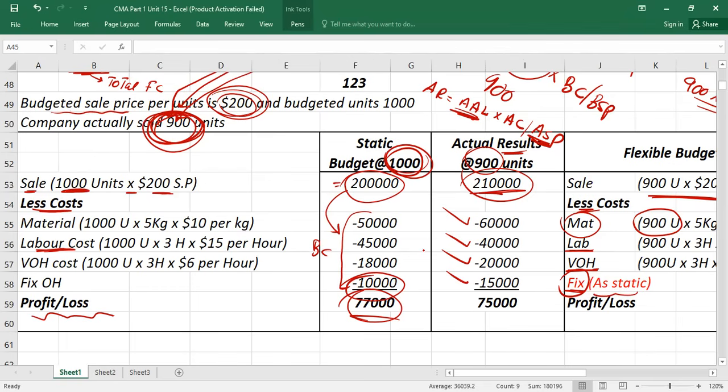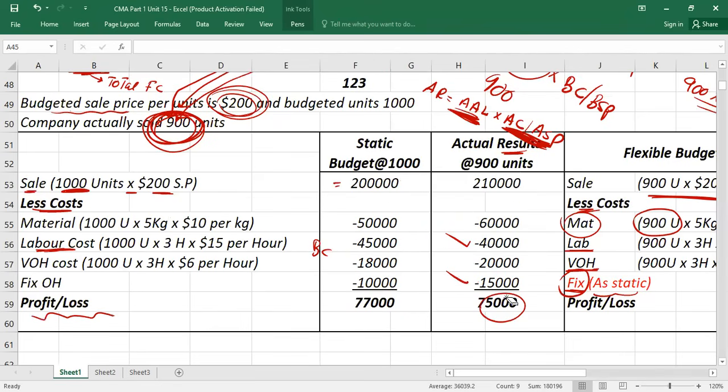I'm assuming these values, but if per unit cost is given, you can simply take actual activity level and multiply by actual cost of material, actual cost of labor, actual cost of variable overhead, and actual cost of fixed overhead. Now we have actual sales minus actual cost, and we got actual profit. Now please remember, as I told you, if you want to calculate static variance,